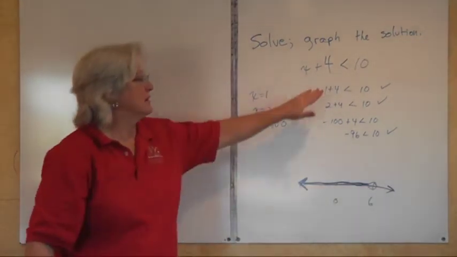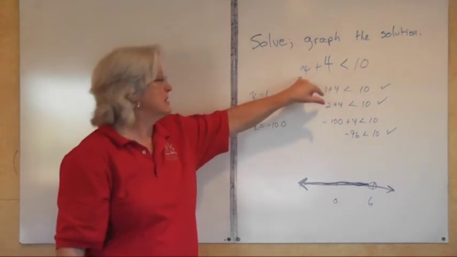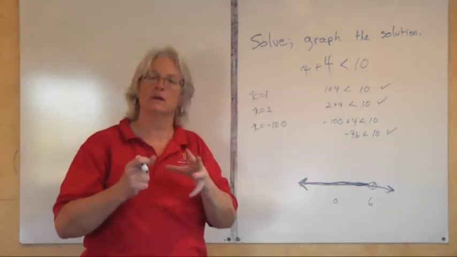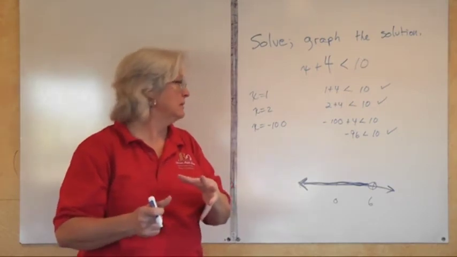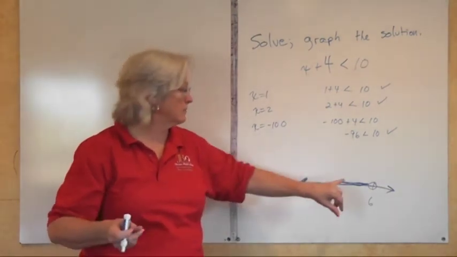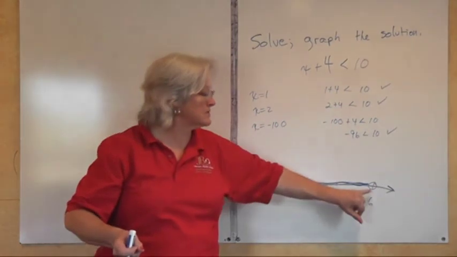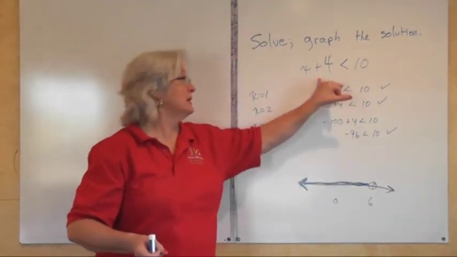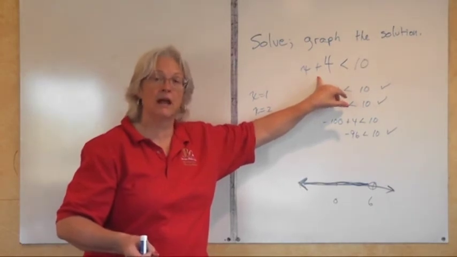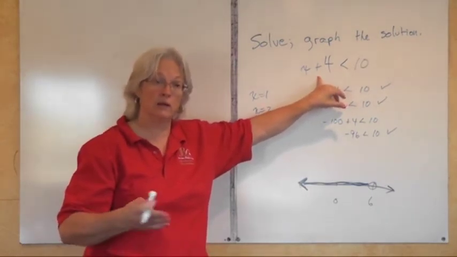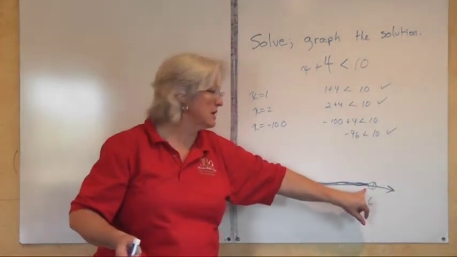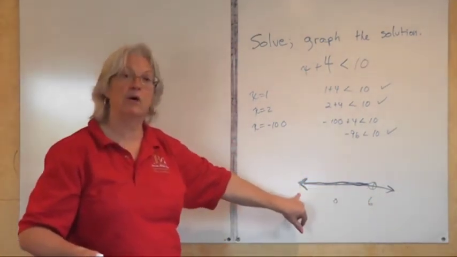Okay? If we solve this, 6 plus 4 is less than 10. Is 10 less than 10? No, 10 is equal to 10. So if we have a value of 6, we can't put a 6 into this inequality and have it be true, can we? 10 is not less than 10, but anything smaller than 6 is going to make our inequality